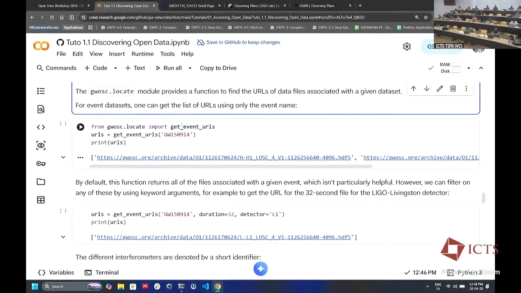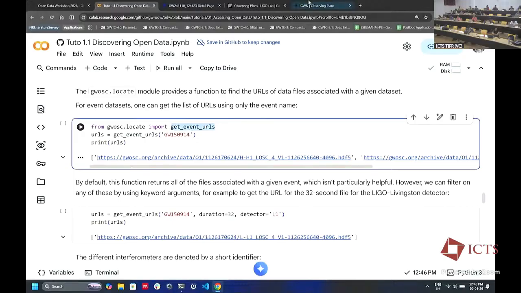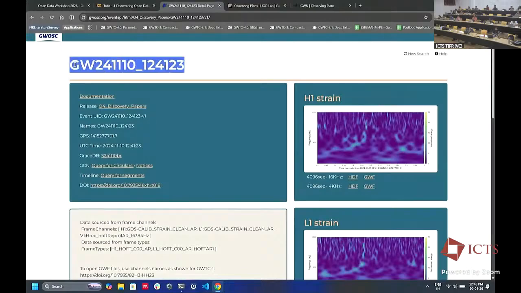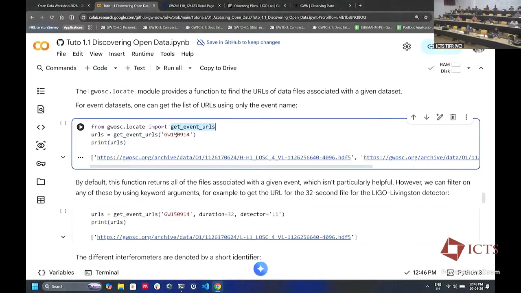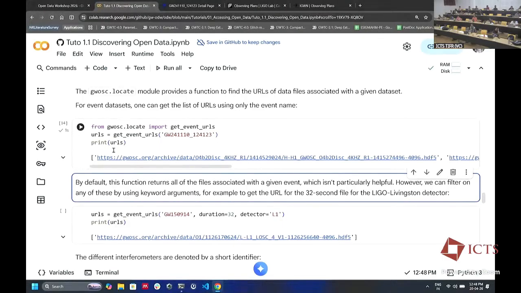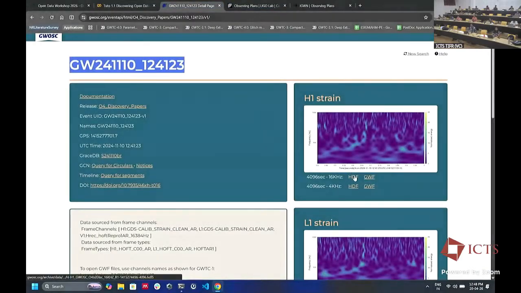So that function is this, getting event URLs. For instance, let's actually work for this example only. I'm expecting to get some error. Let's see. Oh, it works. It has given this link. It's an O4B2 discovery paper. And now let's see. This is the same string as what that function returned, except you didn't have to visually click.